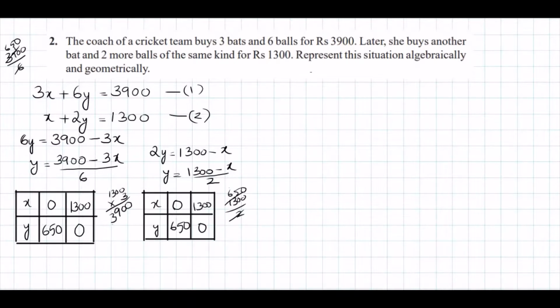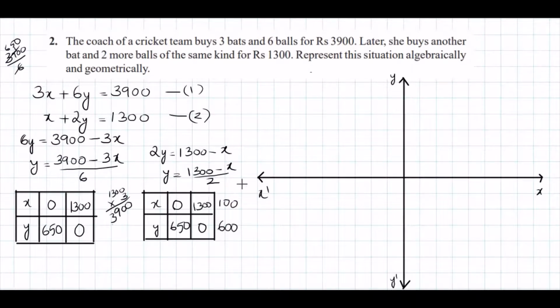Here you can see both the solutions are coming as the same. That means the lines will be coincident. From this itself you can understand that the lines are coincident, that is, you have infinitely many solutions. If you want to take some other values, you can, or else you can take these same values and check. As you got the same solutions, let's take one more value. Let's take the value of x as 100. When x is 100, 1,300 minus 100 is 1,200. 1,200 by 2 is 600. So when x is 100, the value of y is 600.